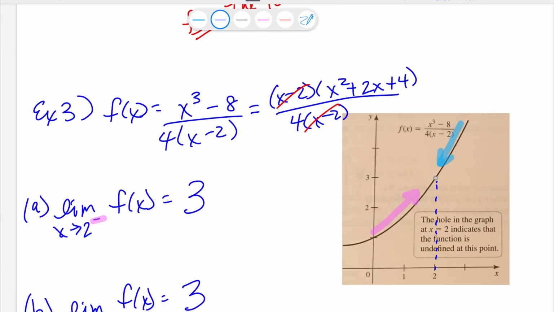So if I'm approaching from the left, then I say, what is my graph approaching at that point? If I'm coming from the right, then I say, what is my graph approaching at that point? All right, that's our left and right limits. You approach from the left with the minus sign. You approach from the right with the